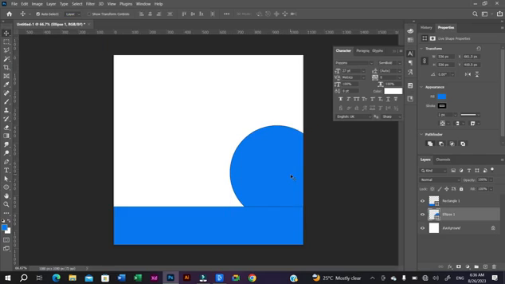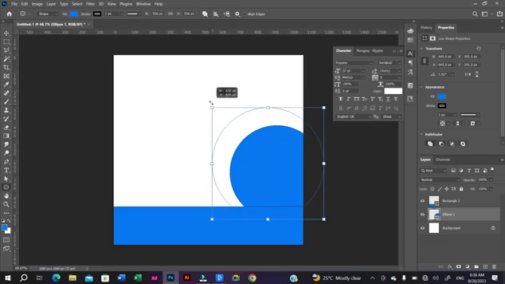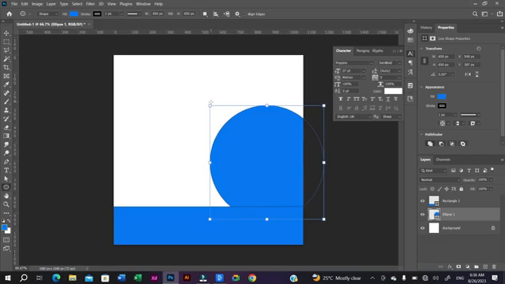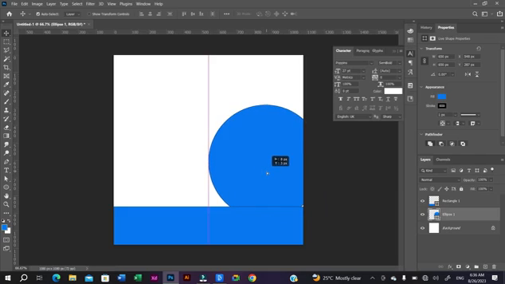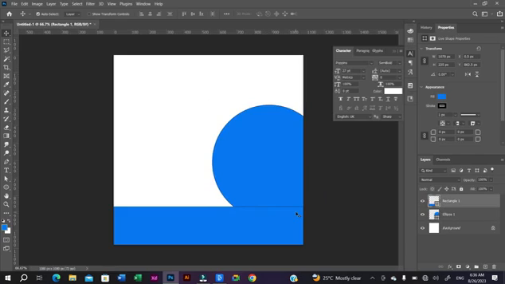And I click on the shape tool again. Click and hold shift and increase the size of the circle. Select the move tool. Okay, I think this is okay. And what I'll do now is to go and bring our